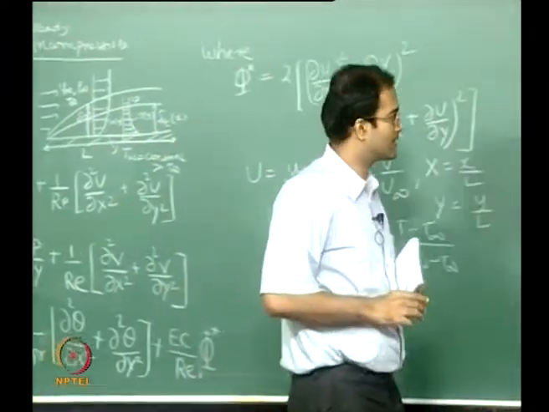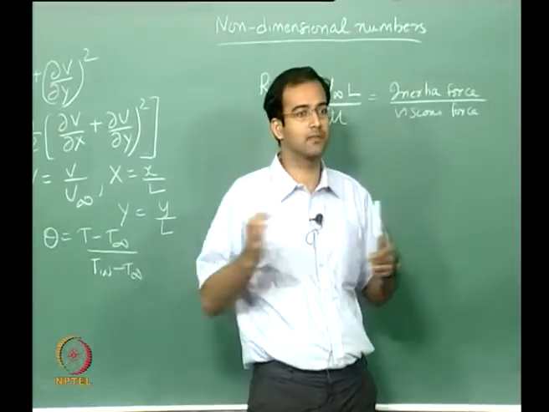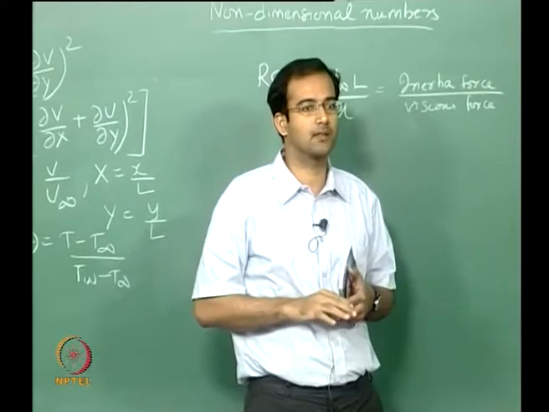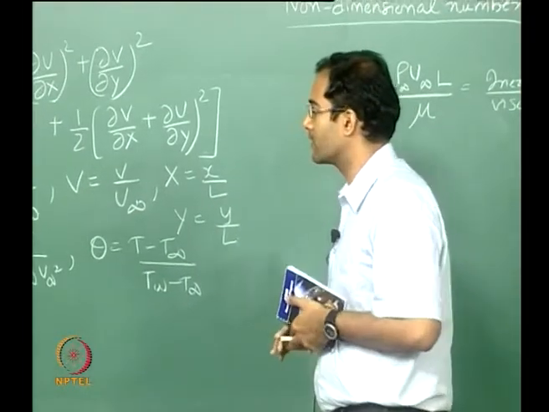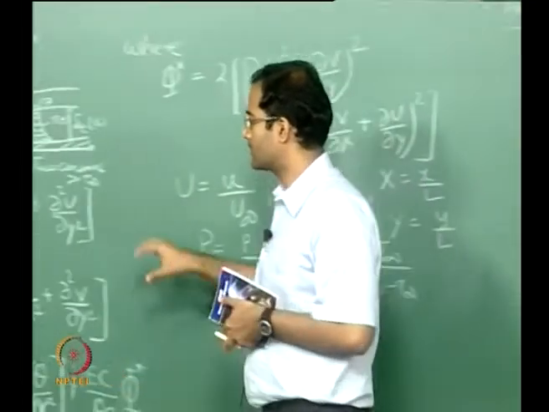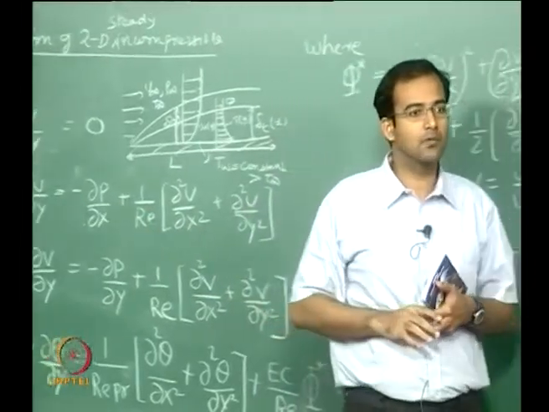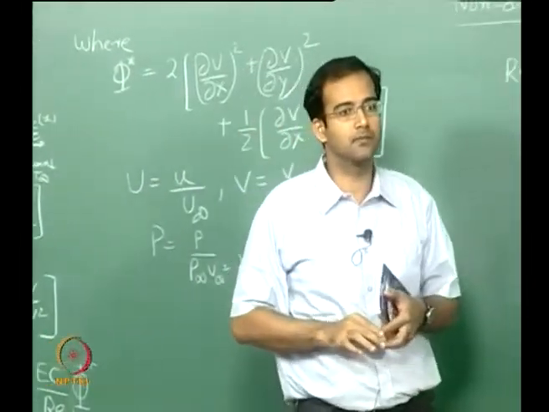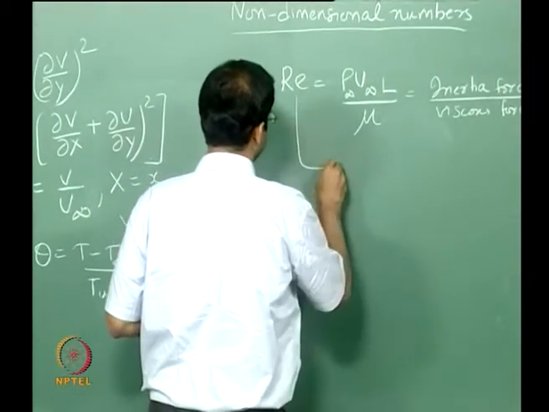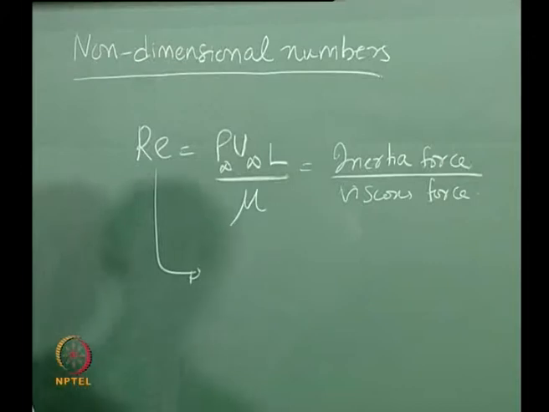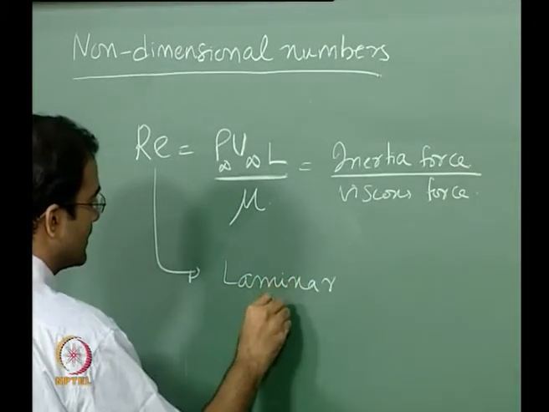Now of course you want to operate in a regime where you are not too extreme. You are not going towards a very small Reynolds number or very high Reynolds numbers. So in those practical situations, you have both these terms which are dominant. However, the Reynolds number will also be helpful in classifying the flow regime. Depending on the Reynolds number, you can classify for external flows, for example, laminar versus turbulent.